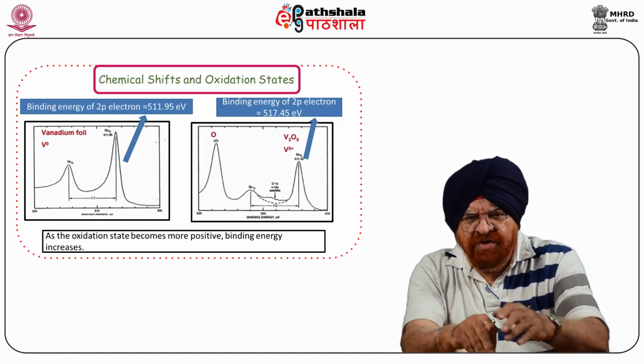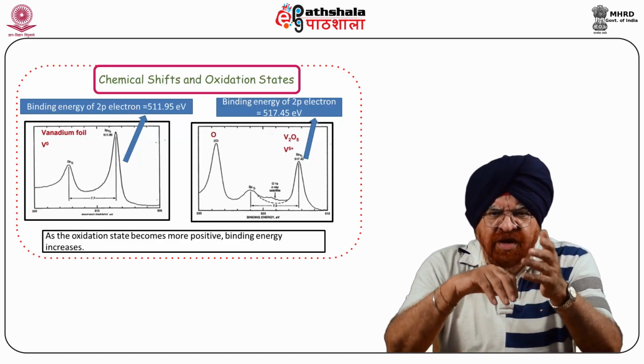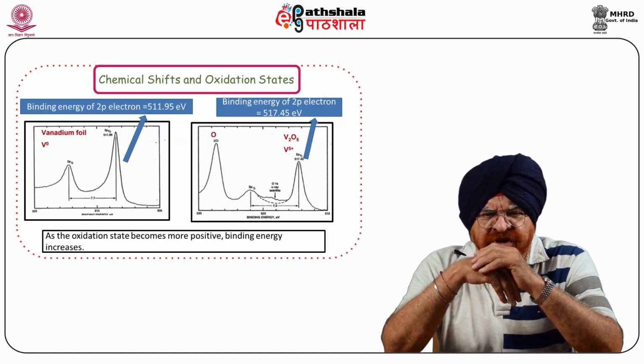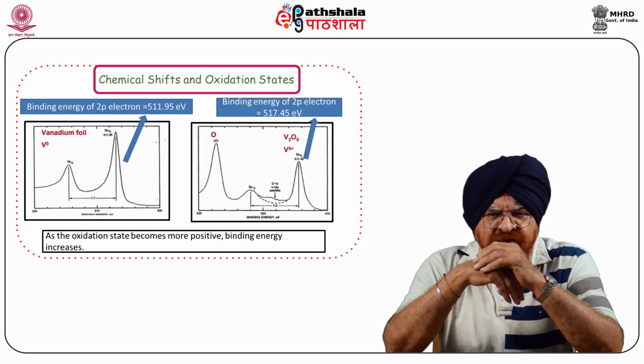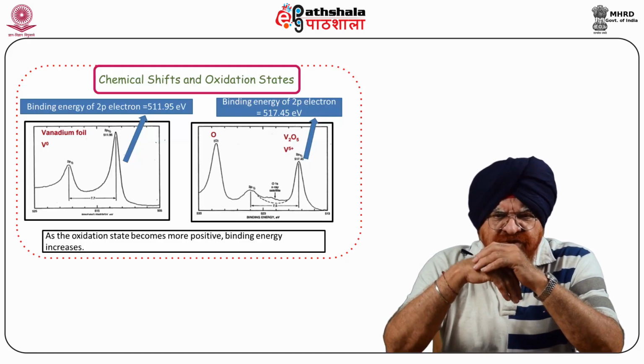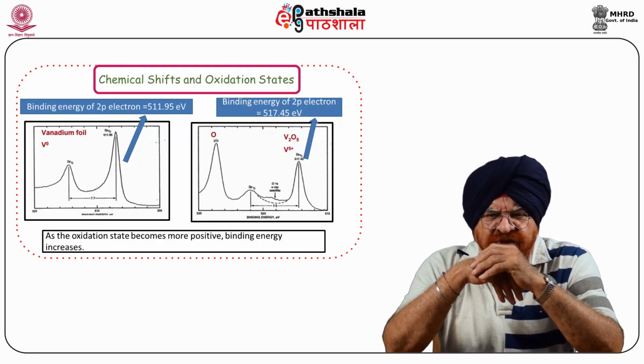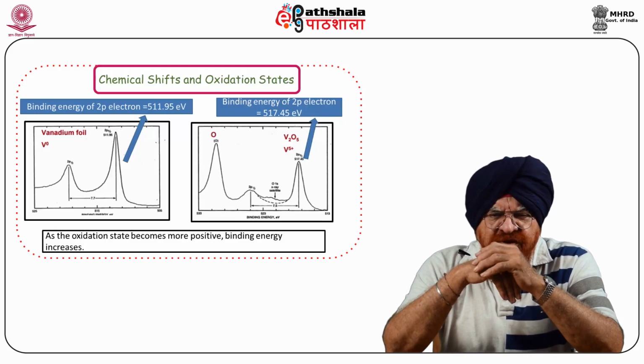As an example, an electronic configuration has been given here: 1s, 2s, 2p, 3s, etc. The energy corresponding to each peak is characteristic of the element present in the tested sample